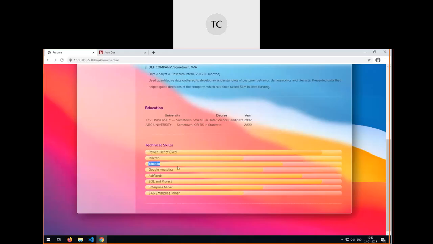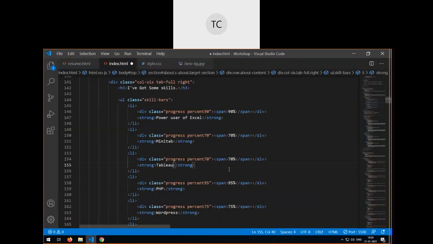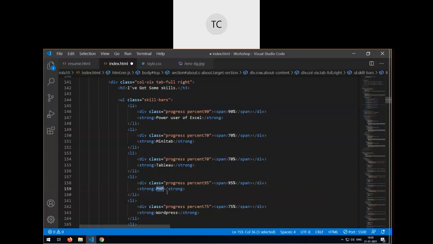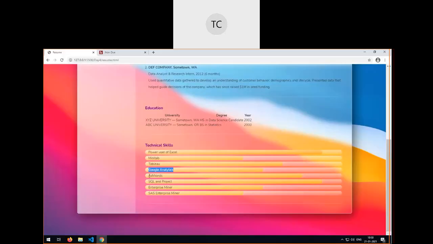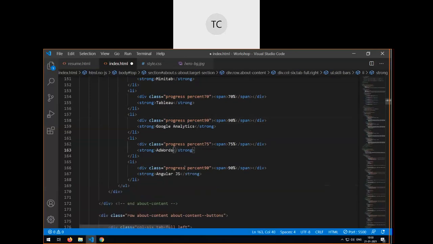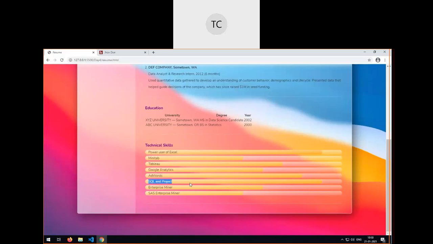Then third skill, and I'm going to keep it 70 as it is. Then Google Analytics, and let us make 90%. Another one, AdWords, 75%, and SQL project